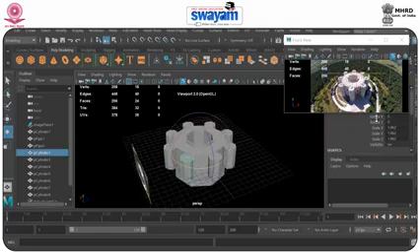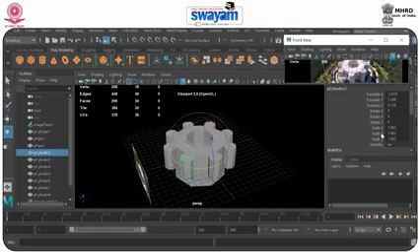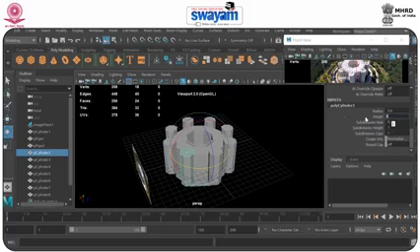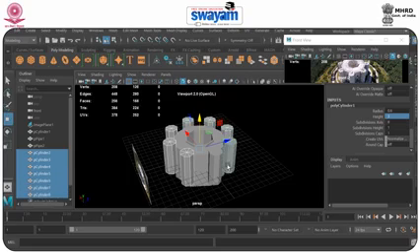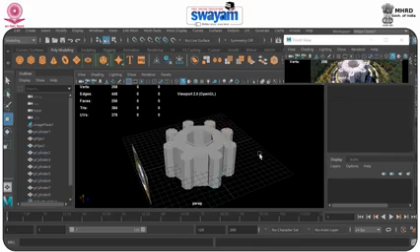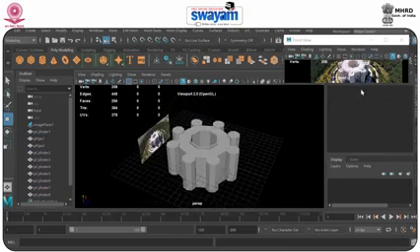Now here we require to scale the height also. So height would be around 3. Now manually manipulate the same. Fine.